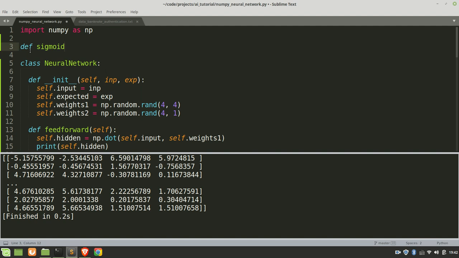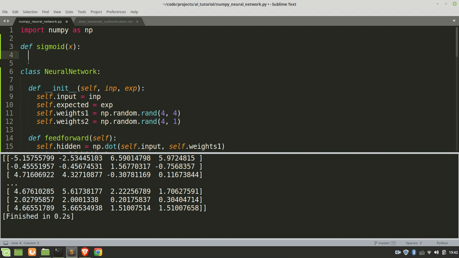Unfortunately, NumPy doesn't have a built-in sigmoid, but we can use our own, which will work just as well. The nice thing about using NumPy is this will process this entire 1100 by 4 matrix,